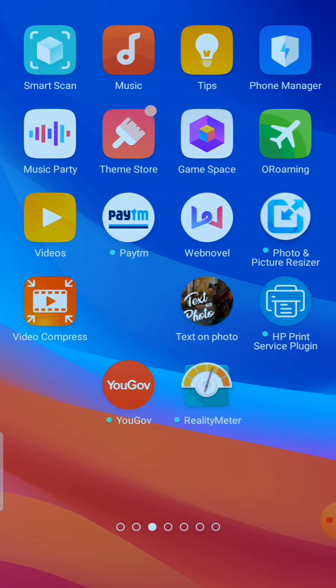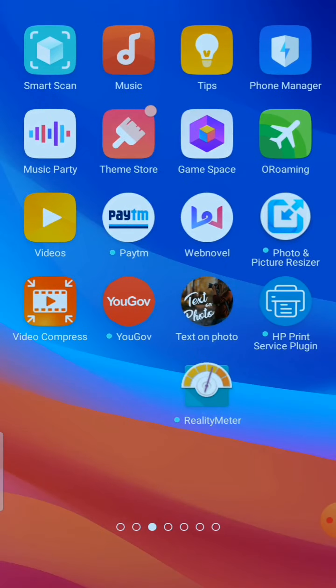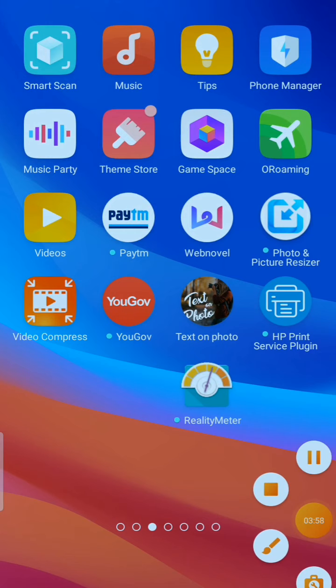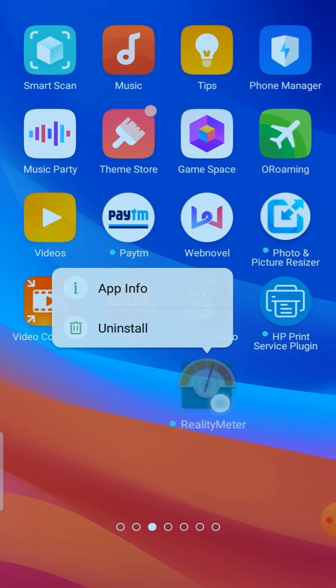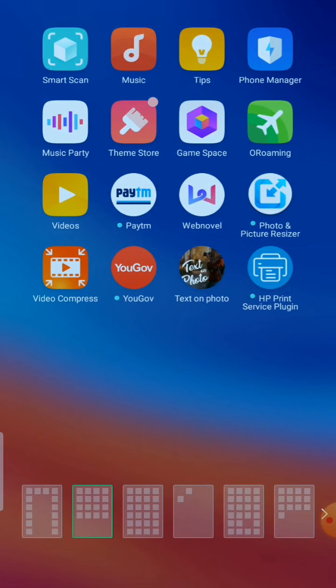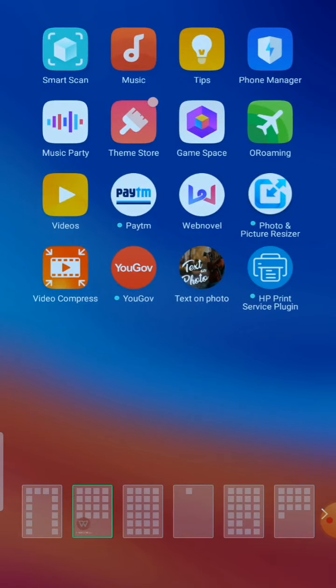So in this way I can manage my second page, I can give it some design, but I'm not going to, but I think you have got the idea how to customize your home page. So here also there is one extra, I am moving it to the third page. So this is complete now, and on the fourth page there are two extra, so I am moving them to the second page.